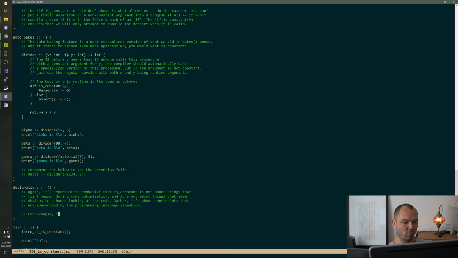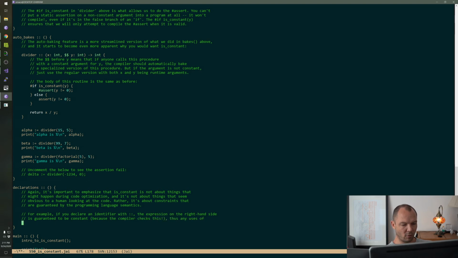For example, if you declare an identifier with :, the expression on the right-hand side is guaranteed to be constant because the compiler checks this.